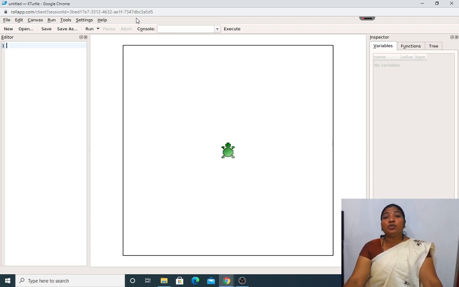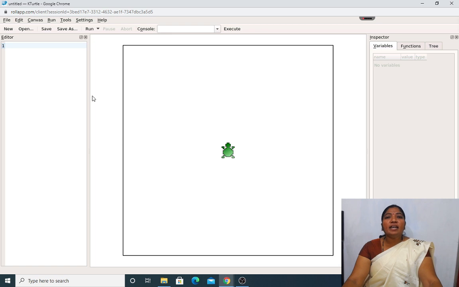Just now I told you the steps to open KTurtle. You have to create your own username and a password. After that, just log in. You will get this editor of KTurtle. Okay, my dear students, this is how to start KTurtle.